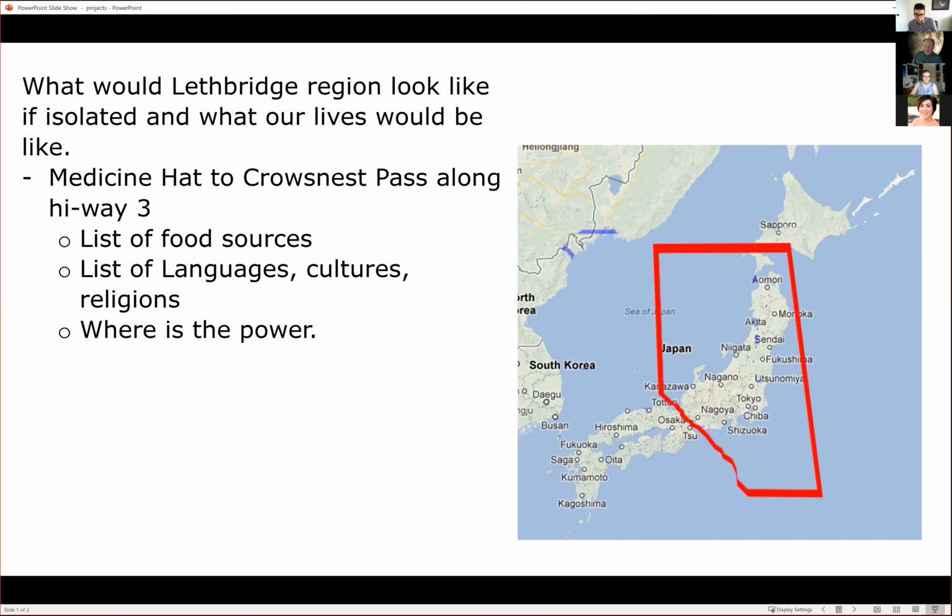So that representation with a map actually shows how big Japan is compared to Alberta. It helps kids understand a little bit more that they were a fairly big mass, but their cultures were obviously hindered by transportation and communications back then. So that would be one of the examples that will roll out next week for the grade 8 social studies.